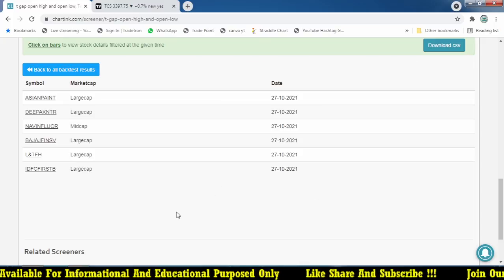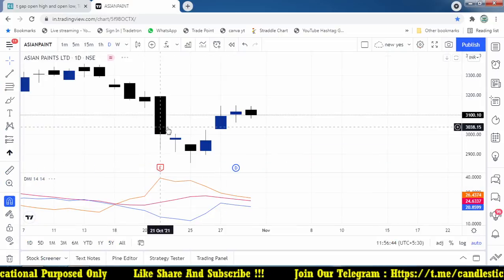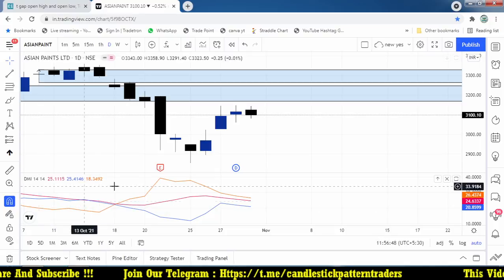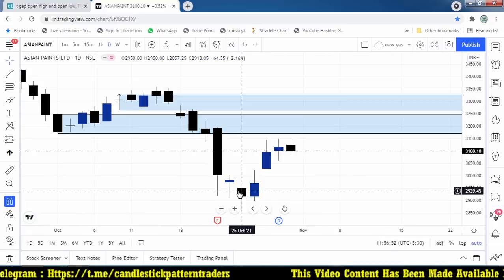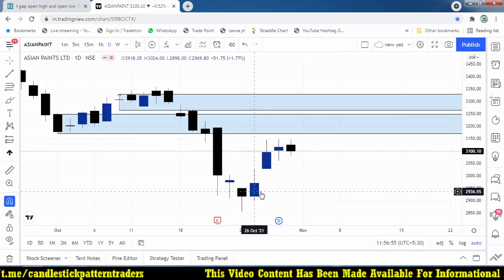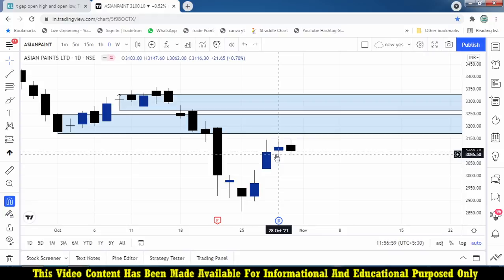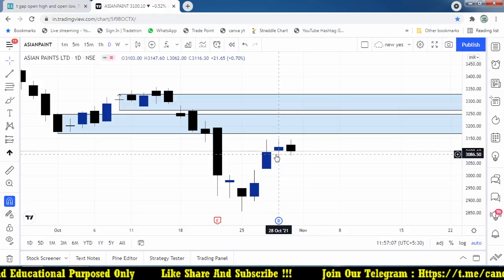And on the 27th we have a lot of stocks. Asian Paint gap up opening, but it forms an open low. So these stocks we are going to buy. TCS and other stocks open by technical gap up, and whenever they form an open low or open high, it gives you more confirmation about the stock. So the logic behind the trade, why we are focusing on this, what logic we are using for this particular code.